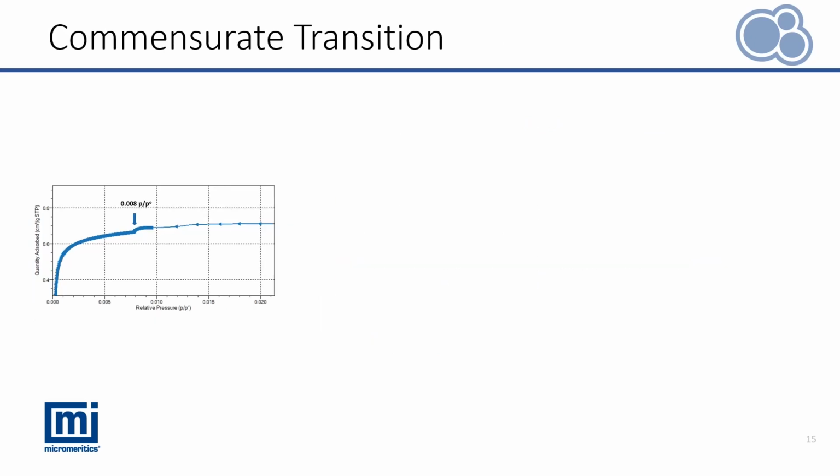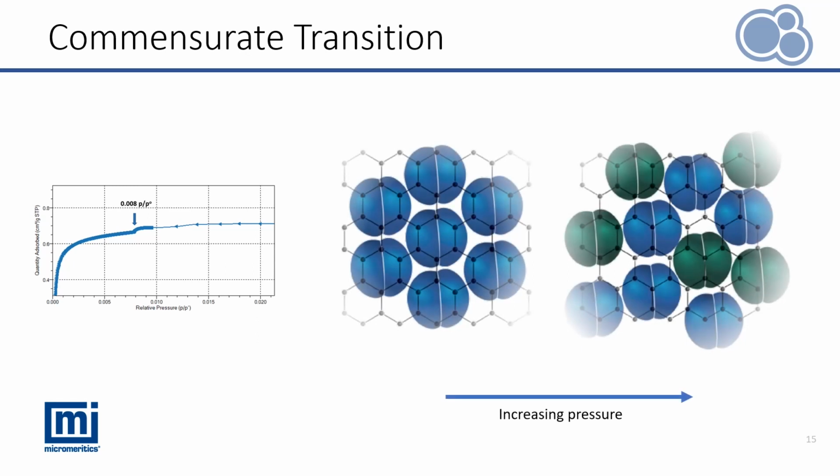The first substep in the low pressure region, observed at 0.008 relative pressure, is reported in the literature to represent what is called the commensurate transition. The nitrogen molecule is known to favorably sit on top of a graphitic ring, as depicted on this graphic. As the pressure increases, the favorable position of the nitrogen molecule is disrupted as more nitrogen molecules are accommodated to adsorb onto the surface,